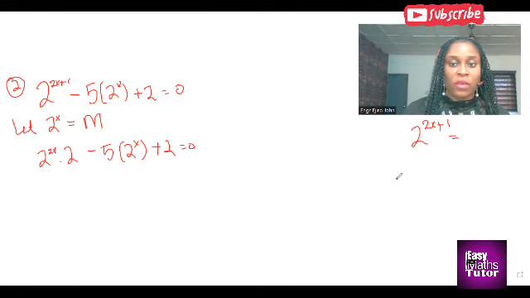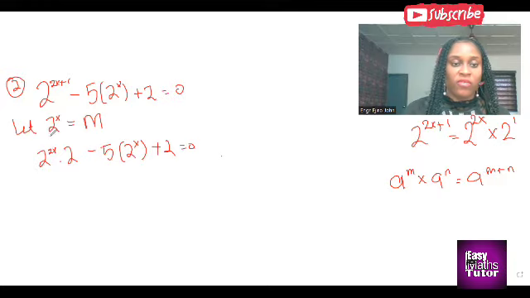If we break this down according to our law, the addition law of indices, which is a raised to power m times a raised to power n equals a raised to power m plus n, we will have 2 raised to power 2x times 2 raised to power 1. All right? Which is what we have on this point, right? So also rearrange this to write 2 raised to power x squared so that we can have our 2x